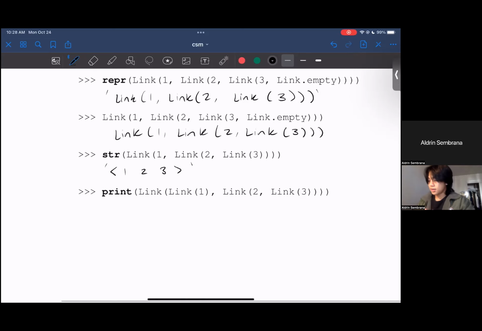Okay. So now we have to deal with print. If you don't know, print is exactly what the str method is, except that when it returns it, it just returns it without the quotation marks again. So yeah. So this time we have a link object with a linked list as the first value of the object. And so if we were to do it,